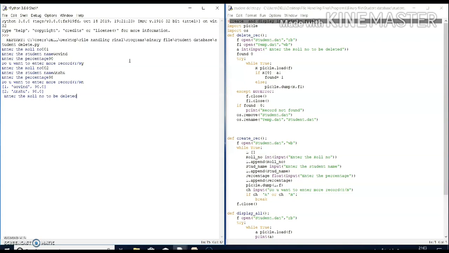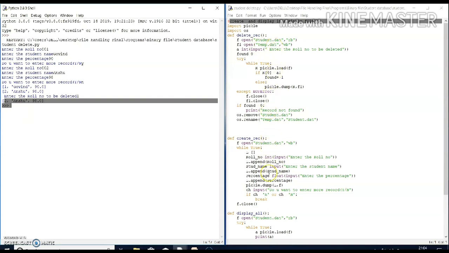Then it asks which roll number you want to delete. Suppose I put 1. One record is deleted, and only the other record is displayed in the student.dat file. Whenever you search record by record, the data is stored in the temp.dat file, because the original file is not disturbed.